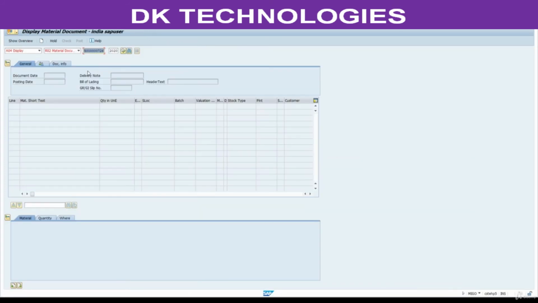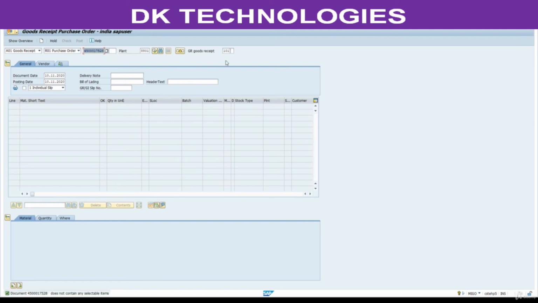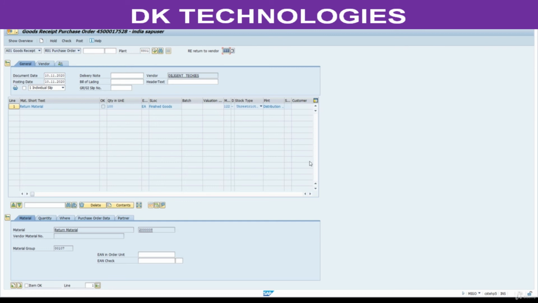Here we didn't create any purchase order. What we have to do, we have to select goods receipt again. Here we need to enter the purchase order created. Here we need to enter 122 goods movement. See, 122 goods movement is RE return to vendor.